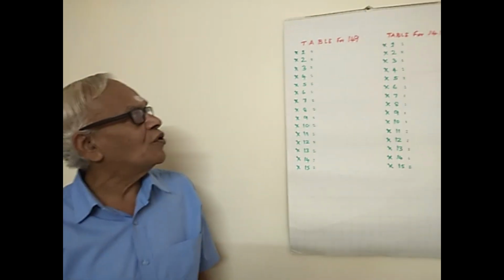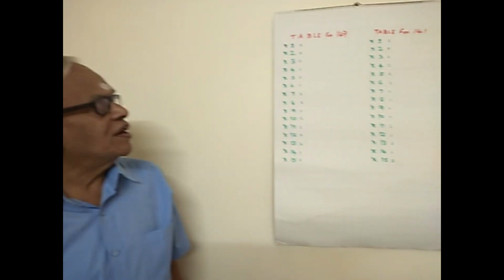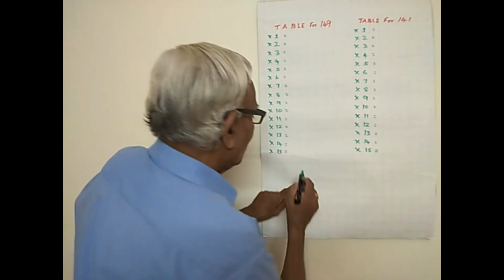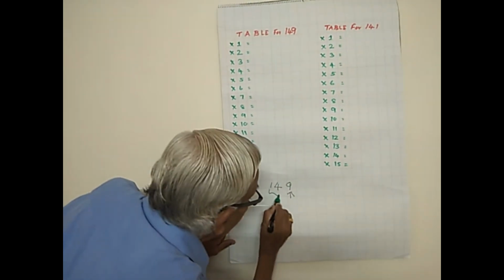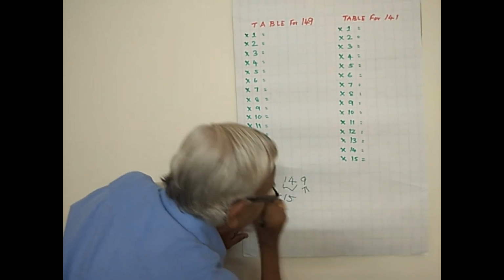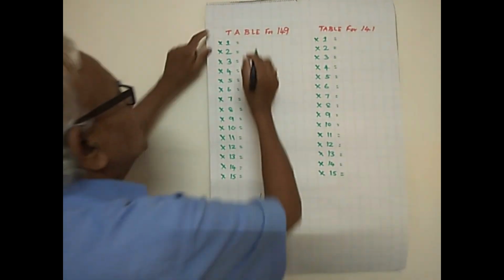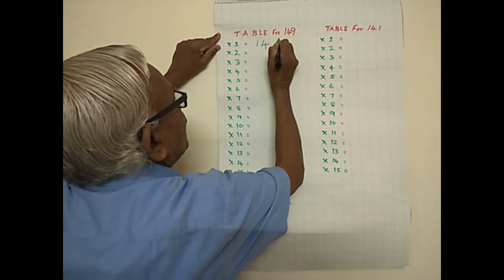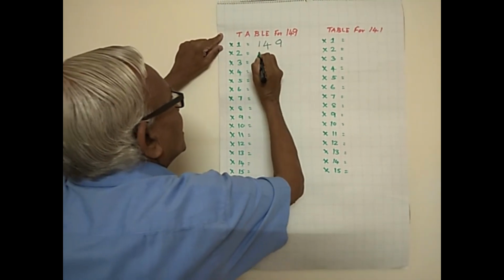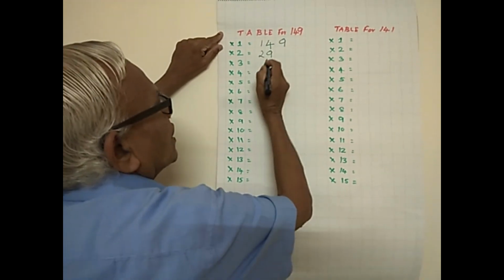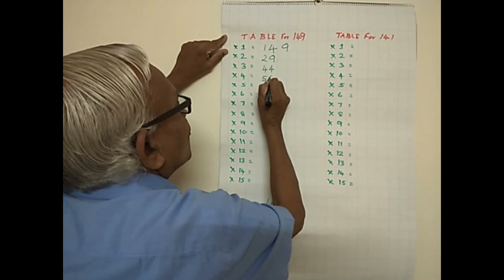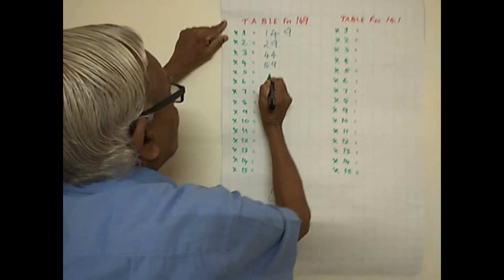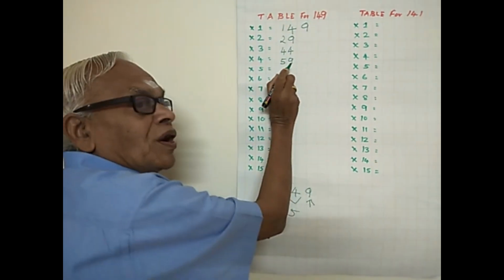Let's look at the table for 3-digit numbers 149 and 141. When you look at the number 149, the number ends with 9. So what do we need to do? We need to keep on adding 15 for the tens part. Here it is 149. When I add 15, it becomes 29, 44, 59. Please keep watching. I may be making a mistake. You have to point it out.